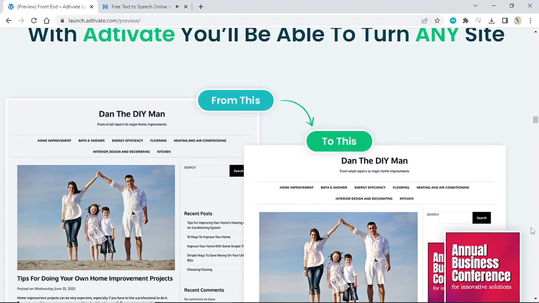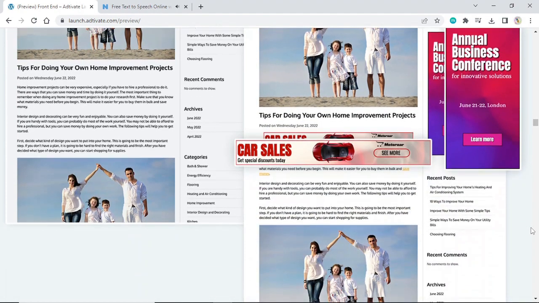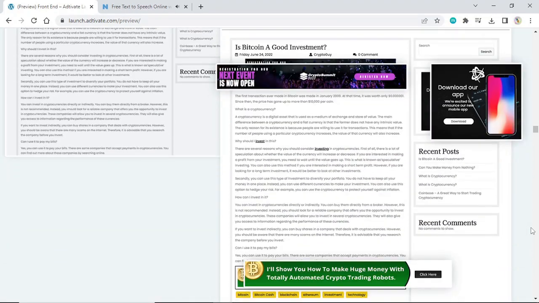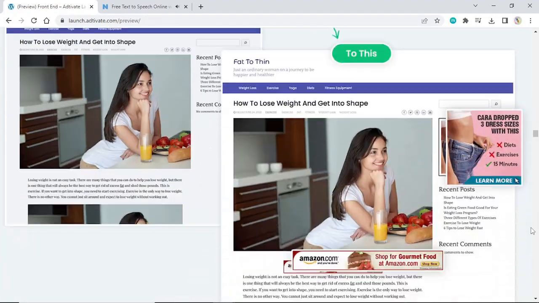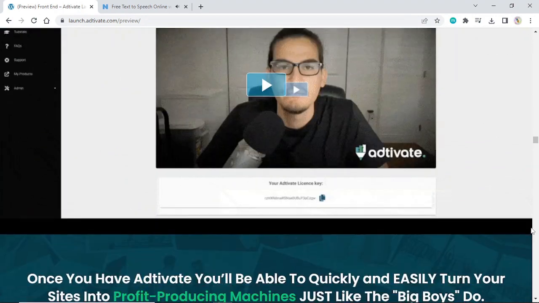With Adtivate you'll be able to turn any site. Let me show you how easy it is to create and deploy high-converting offers to your sites with Adtivate. Once you have Adtivate you'll be able to quickly and easily turn your sites into profit-producing machines just like the